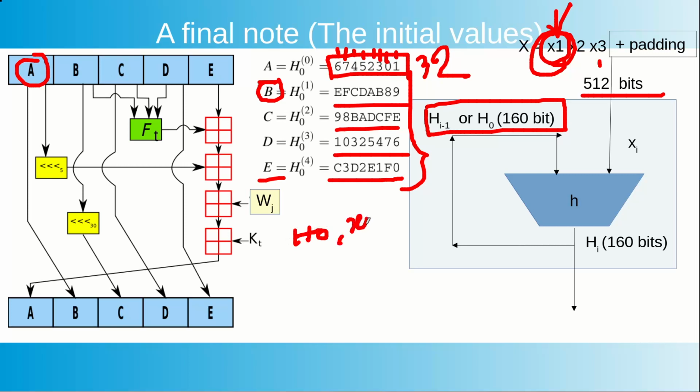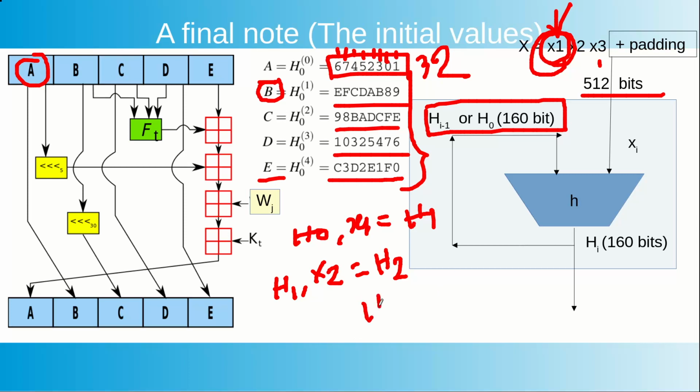And so the idea is, I will use H0 and x1 to get the hash output of x1, which is equal to h1. Then I will use h1, which is the hash of the previous one, and x2, which is the current block, to get the value of h2. And in that way I will proceed. If x2 is the last block, this is the final hash output. If x2 is not the last block, I can proceed further. For example, there is x3.